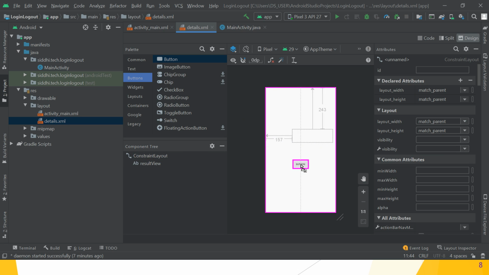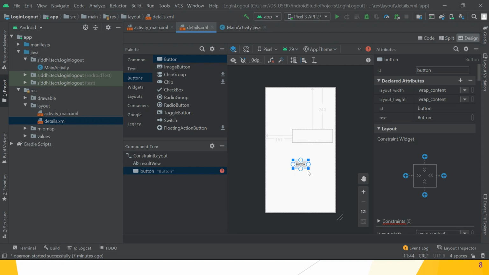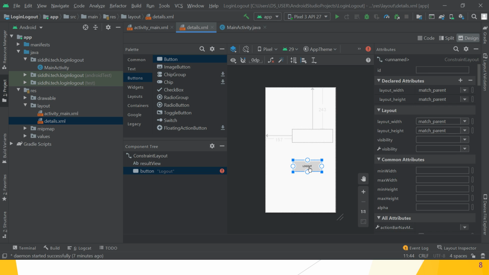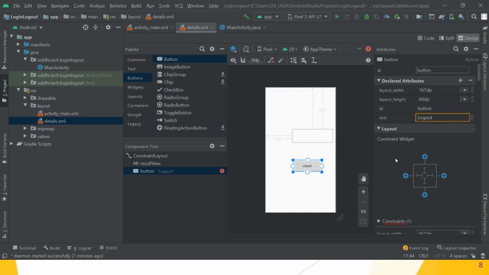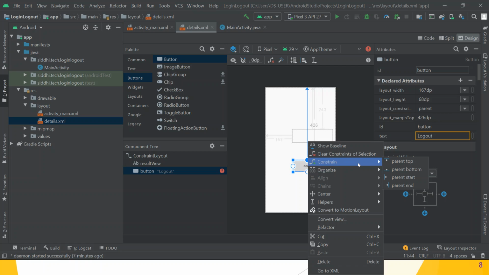So place the button on the activity, then write the text as logout. Great. Then choose the constraint from parent top and constraint from parent start.